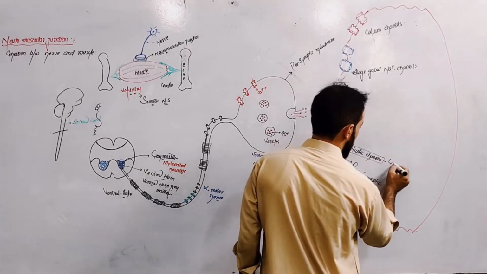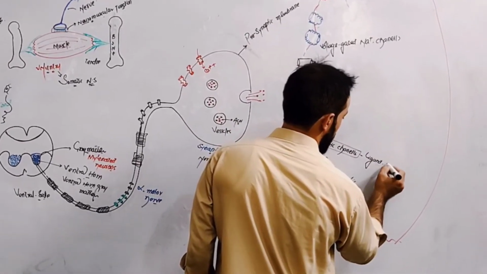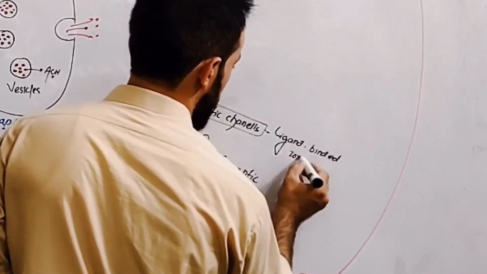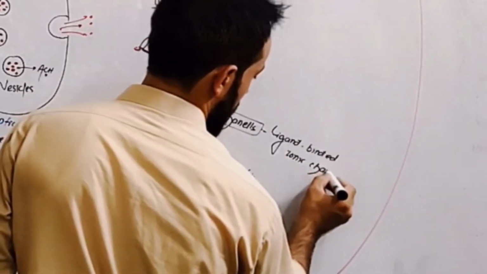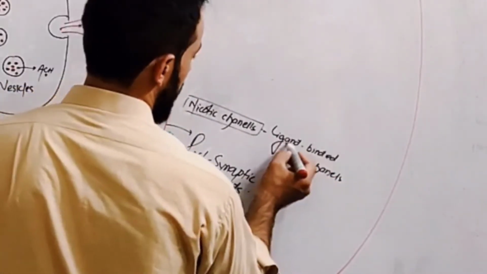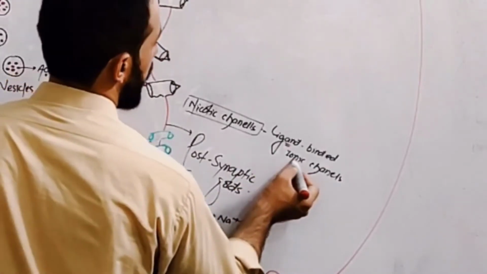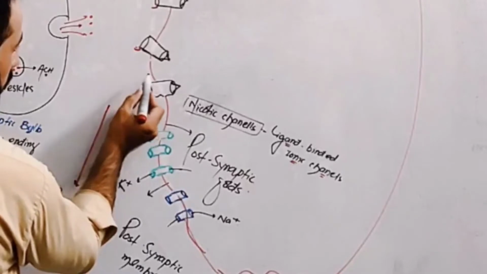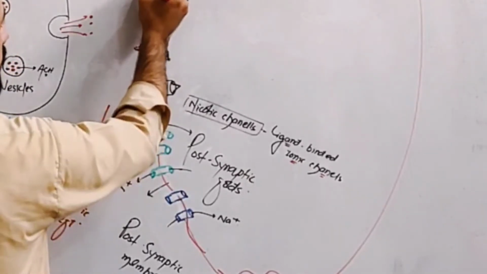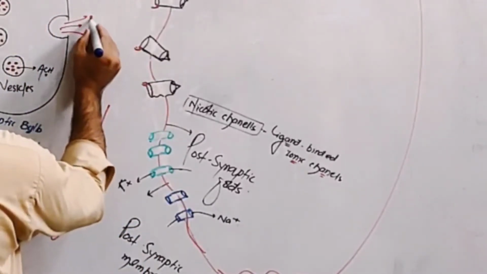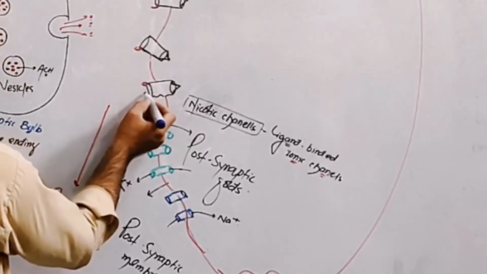These are called ligand gated ionic channels. Why? Because they have to bind to a special ligand, and then they will cause the entry of ions. So this is the ligand binding domain of this channel. This is a pocket-like area through which these ligands will bind, and these channels will open